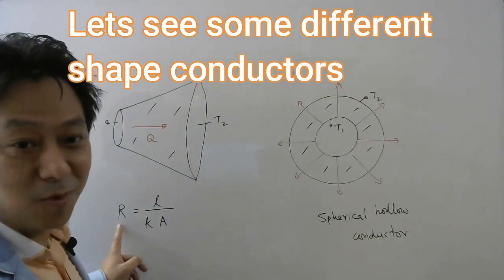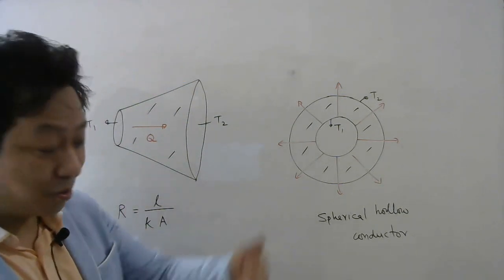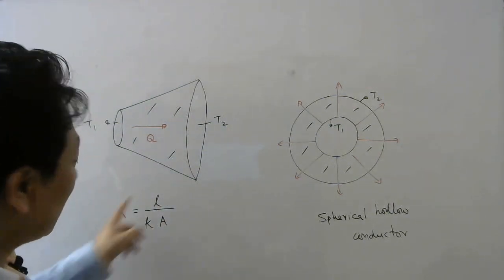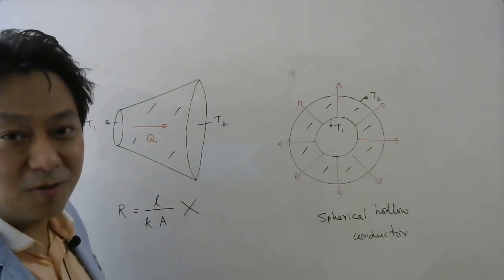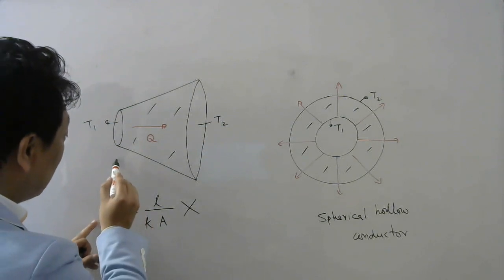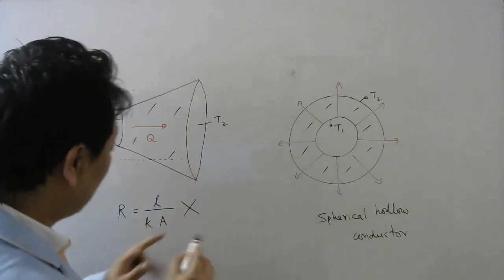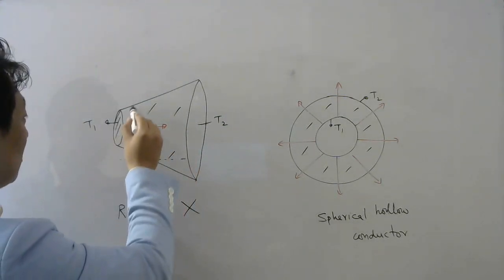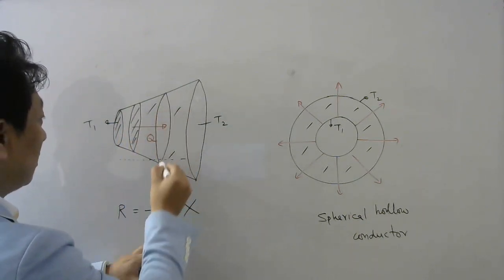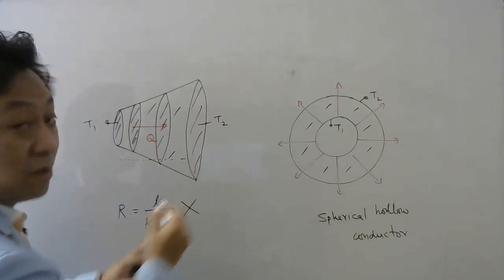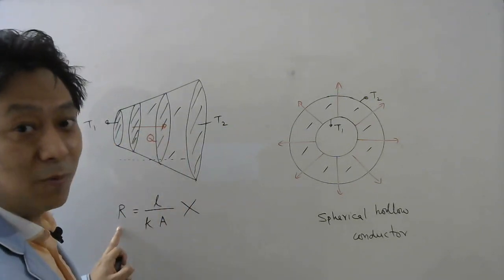Now the thermal resistance formula that we discussed before was length divided by K into area of cross section through which the heat is flowing. So now the question is, can I use this formula to calculate the resistance of these two? Obviously no. Why can we not use this formula? Because as I change the length of the rod, as I go from this length to this length to this length, the area is changing, right? This area is smaller. When I come to this section, this area will be more. When I reach here, the area will be maximum. So since the area is changing as I change the length, we cannot directly use this formula.